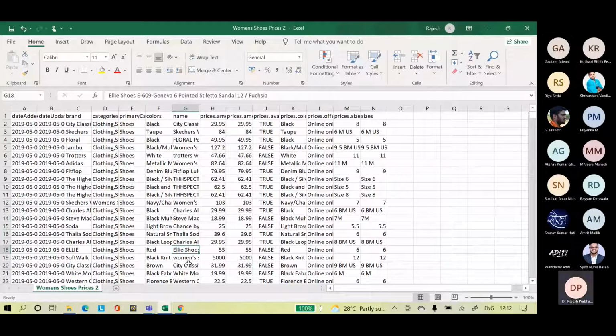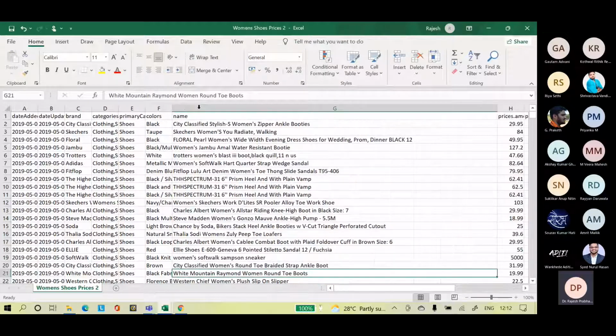So we have LE shoes, black knight, technical fabric, city classic, round. The description of the shoe is given very clearly in this data set.